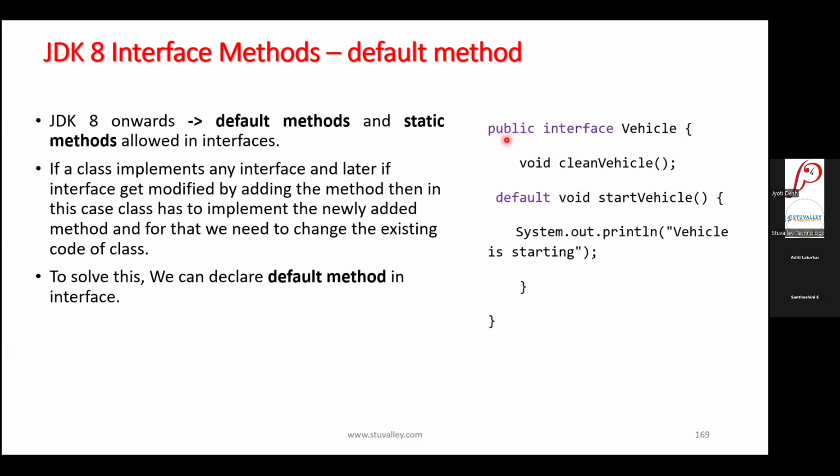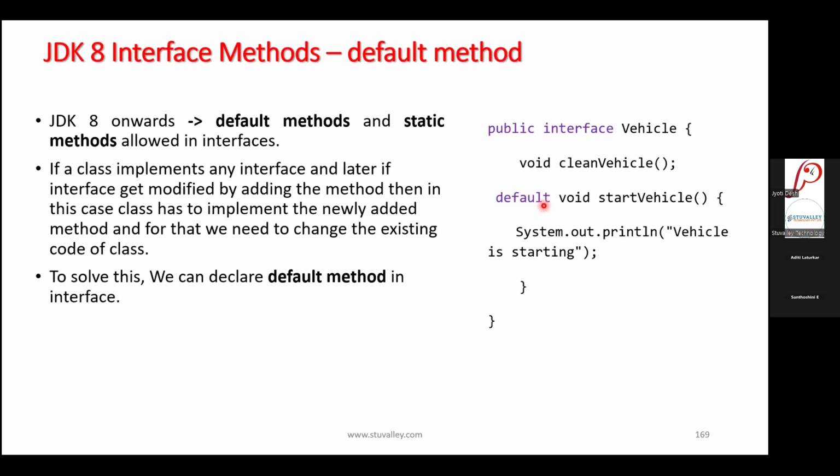So the example is, suppose we have this Vehicle interface and we are writing one method that is an abstract method. If you want to add a new default method or new functionality into this Vehicle interface, then you can write the method name in this way. This is a concrete method, that means you need to provide the method implementation as well. This keyword we always add to write a default implementation. That is the default keyword.